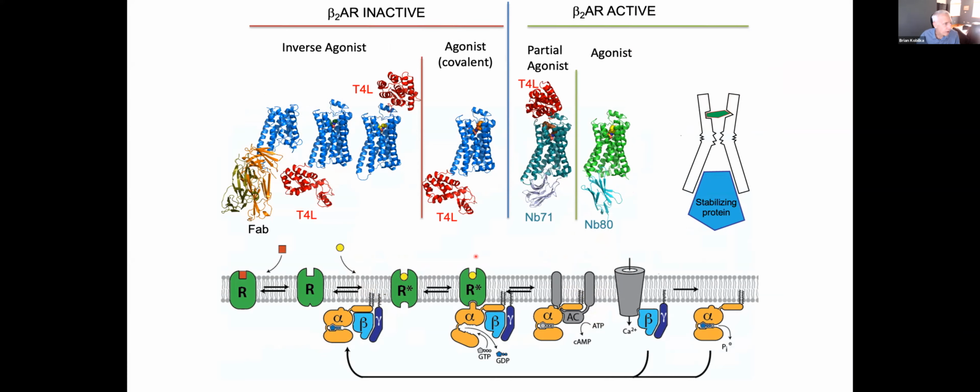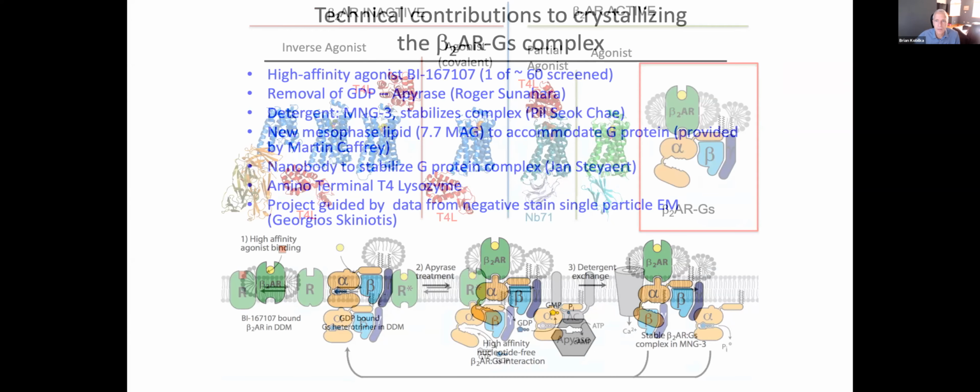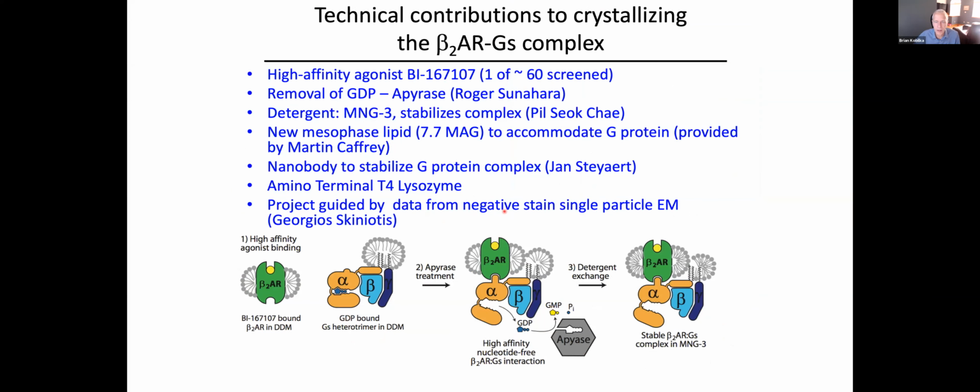However, our goal was to be able to get the full receptor G protein complex. And I'm going to spare you a lot of the details. This took a lot of trial and error and a long time, but just to give you an idea of some of the challenges, all of these things were necessary to enable the crystallography, and it involved expertise from a